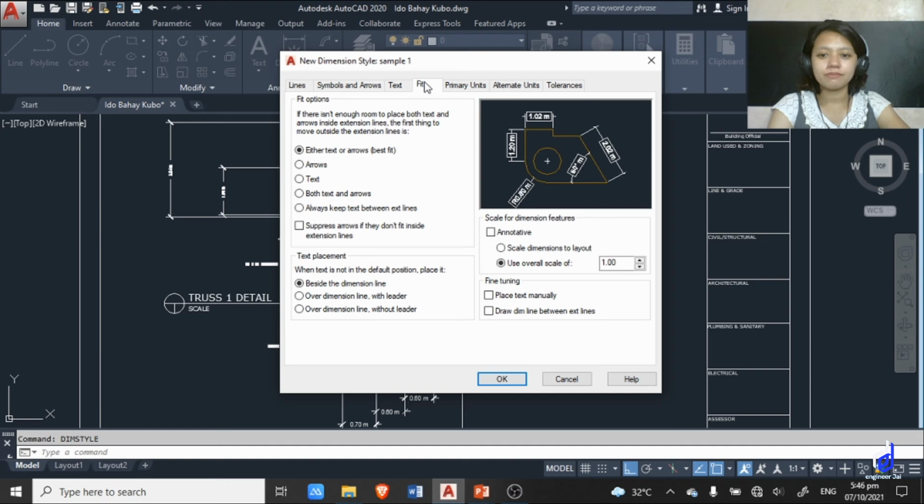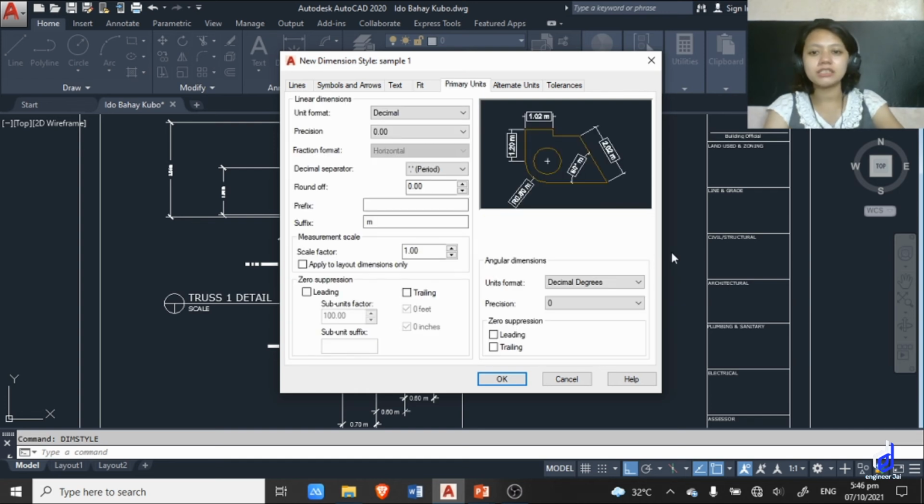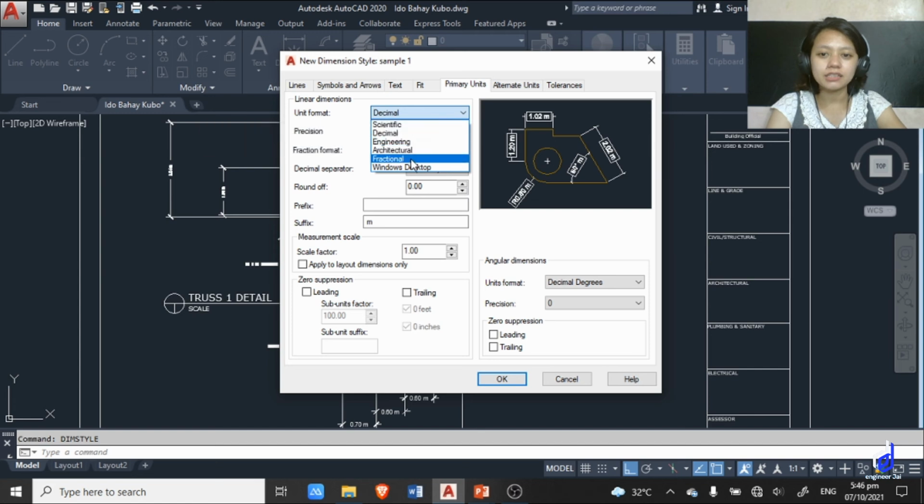Then, fit. So, either text or arrows, just fit. Change po din mo siya diri. Use overall scale. Change po din mo. The next is primary units. Diri sa primary units, diri mo set ang iyahang